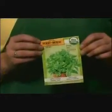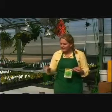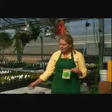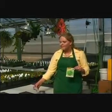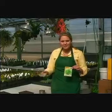Our next method is broadcasting. The reason we would need to broadcast is because our seeds are so small that it would be very difficult to pick them up by hand and plant them. So what we're going to do is mix them with sand and put them in an old film canister, shake them up to mix the seeds and the sand together, and then broadcast them into our soil media. And what that does is we can see the sand so we know how many seeds are planted in each